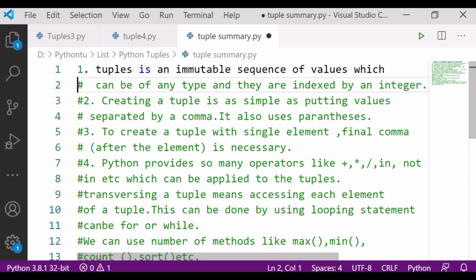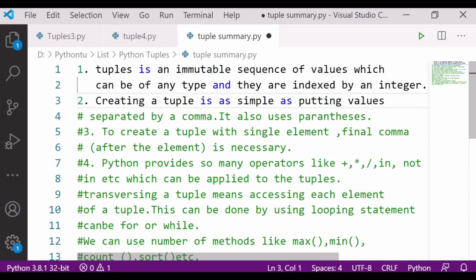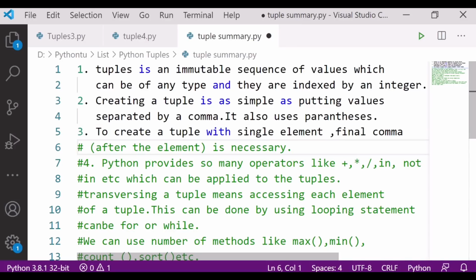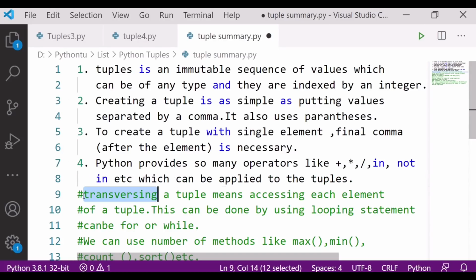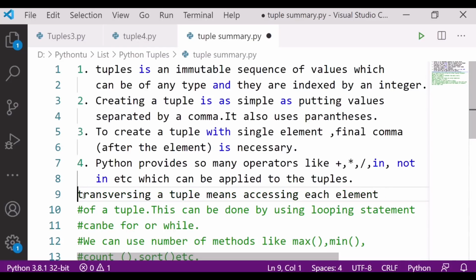Fifth, we have done traversing also, in this current video only.